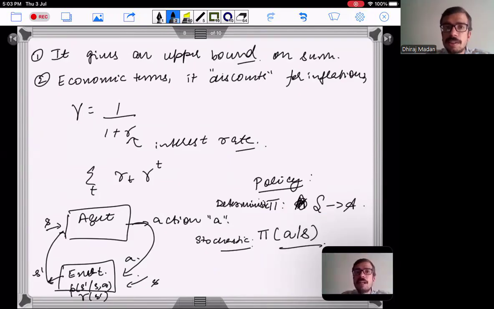wherein the environment is known to us. That is, we know what reward function we have, we know what transition distribution we have, and the state space and actions are all known to us. But when we move to the reinforcement learning setting, we'll also look at conditions where the environment, the transition distribution or the rewards are not known to us. In today's setting, we still know these, and the idea is that we can split our system into two parts. One is the agent,